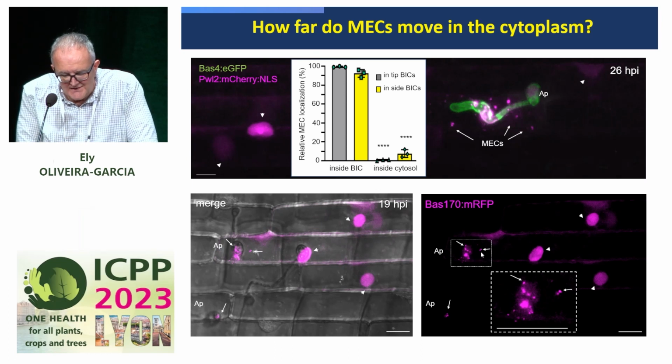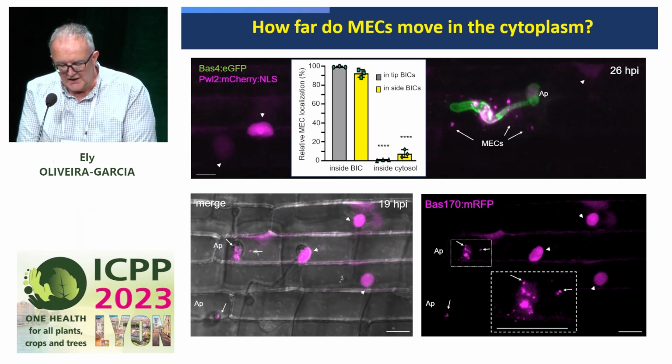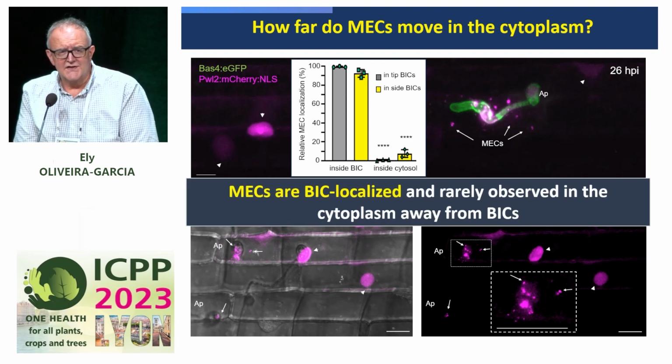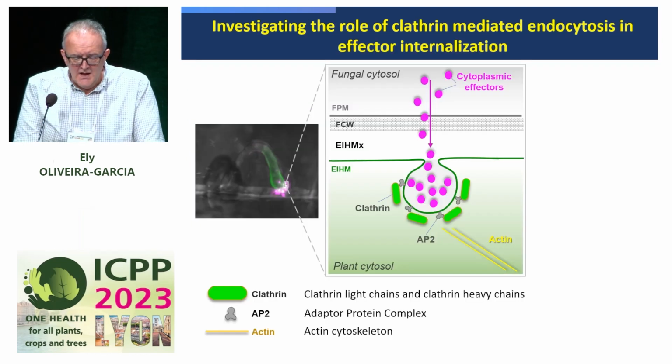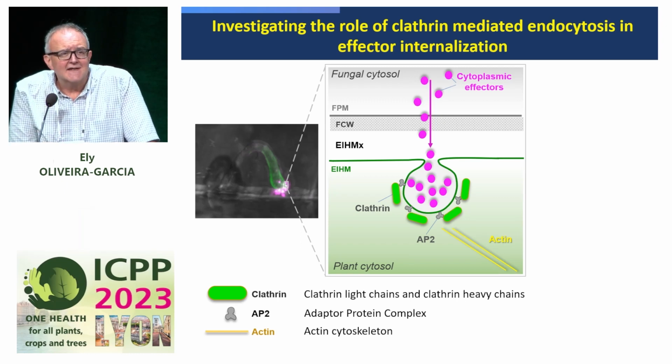But you can also see that there are small vesicles containing BAS170, and another cytoplasmic effector, that accumulate in close proximity to the BIC. So they're rarely observed at a long distance away from where the BIC is observed. So what we decided to do is to try and test the hypothesis that these MECs are associated with endocytic